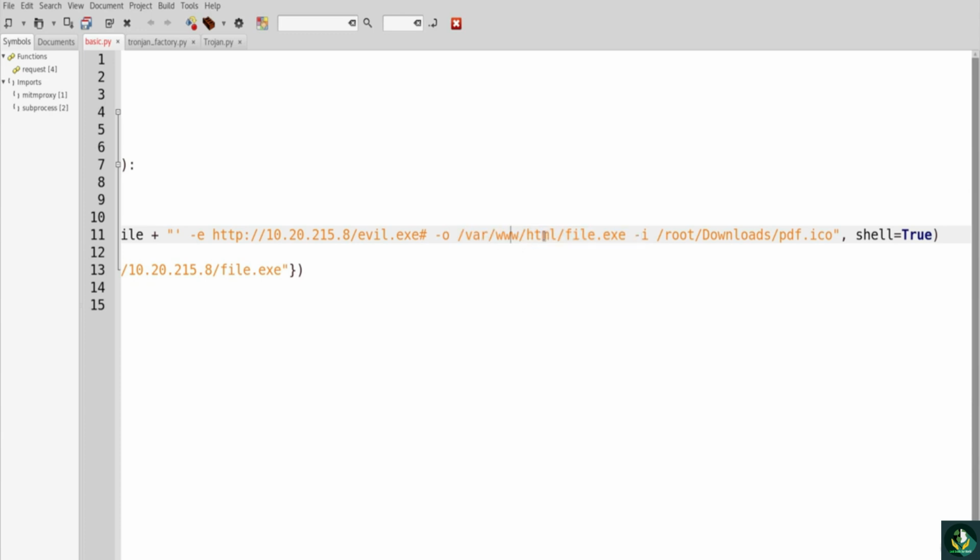And finally I'm specifying the icon that corresponds to front file, and that's it. And the next line is gonna modify the response,